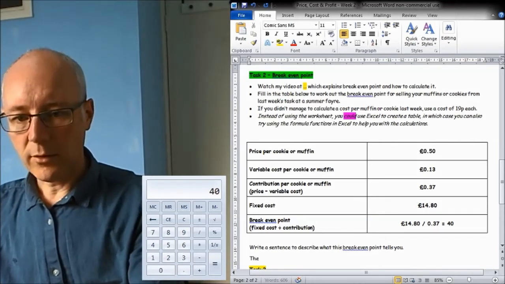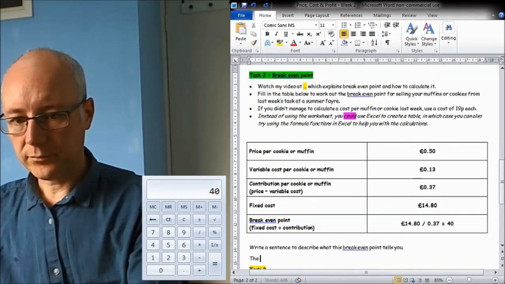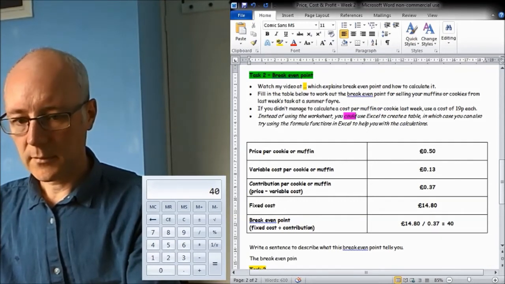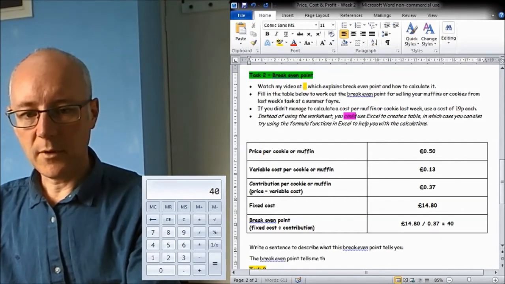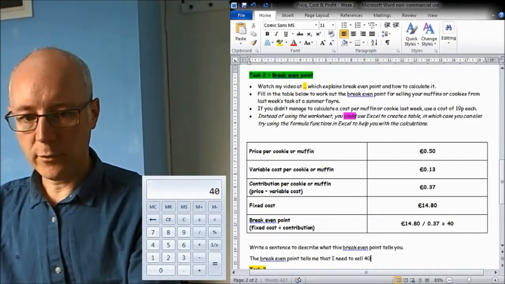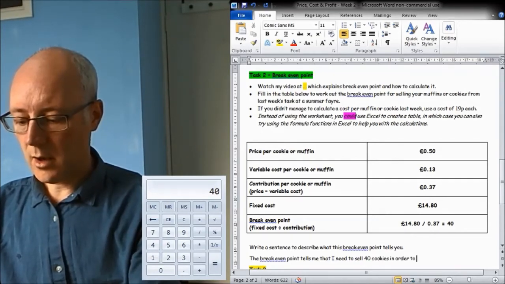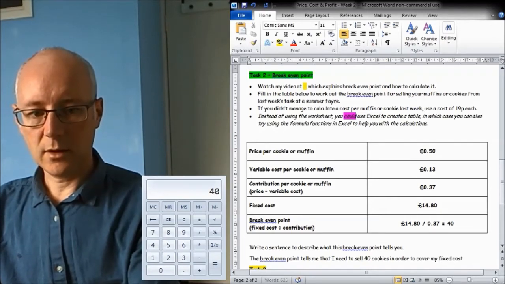So the break-even point tells me that I need to sell 40 cookies in order to cover my fixed costs and end up with exactly